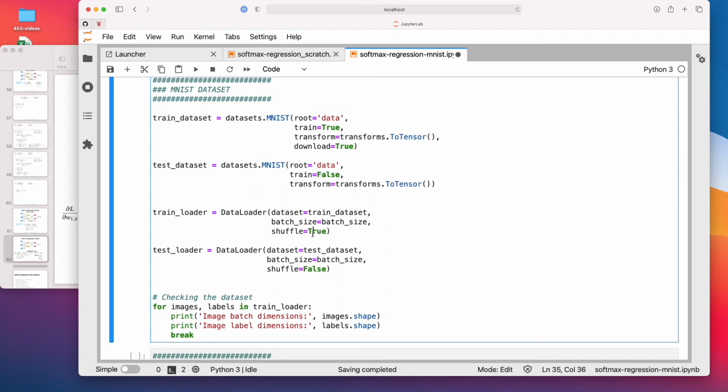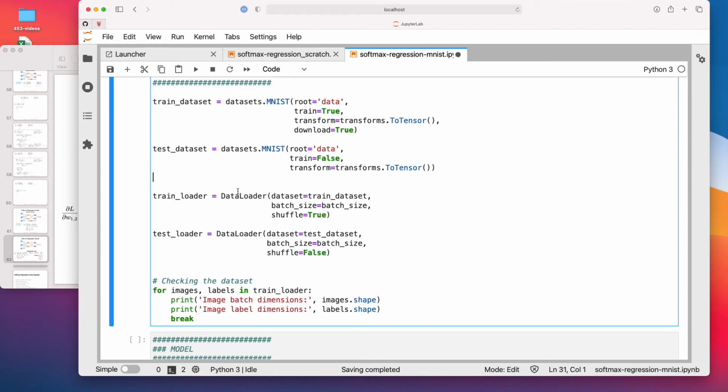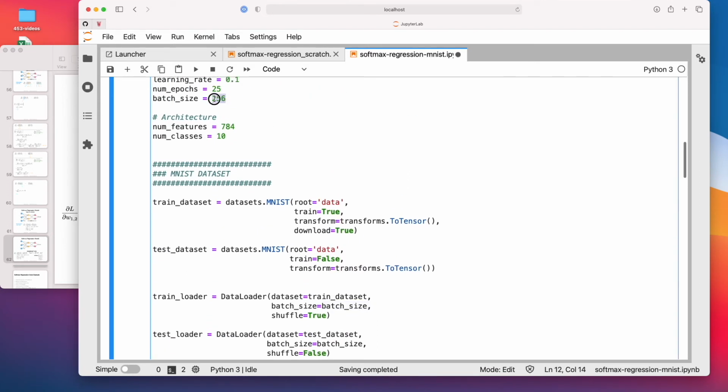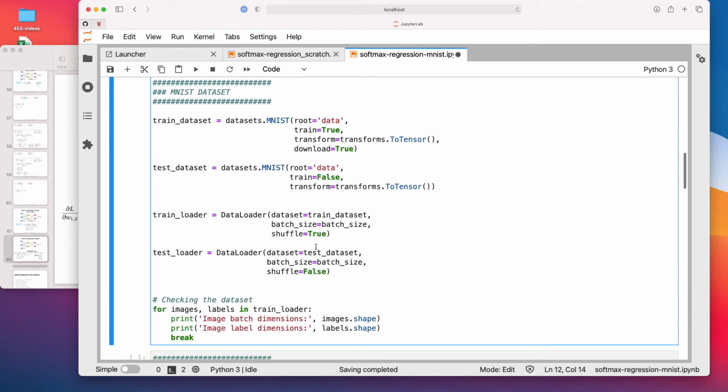All right, so this is defining the training data set. This is defining the test data set. The difference is really that we set train false here and true there. We only need to download it once, right? So I don't have a download here. Then using the dataset, we define data loaders. So here I'm defining a data loader for the training set. I can set my batch size. I set it here above. That's my mini batch size. I set it to 256. And then whether we want to shuffle or not. So this is shuffling the dataset before each epoch.